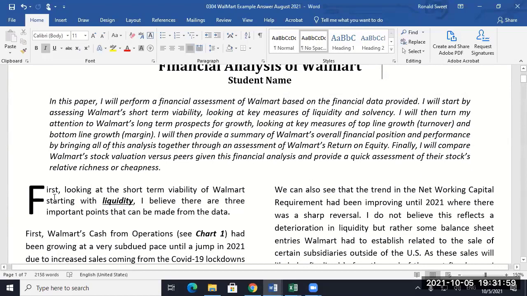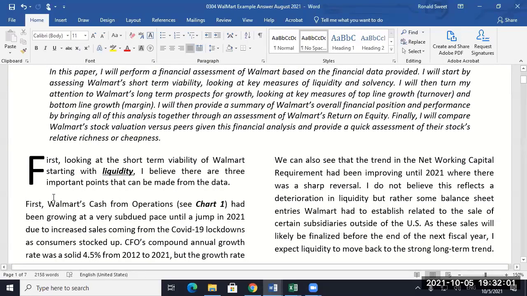But all right. So we're going to do liquidity. Liquidity, we're going to look at 3 things. The first one's really simple. Just look at cash from operations and just ask the question, is it healthy or not? The second thing is the hardest part, which is the working capital requirement. So we'll see